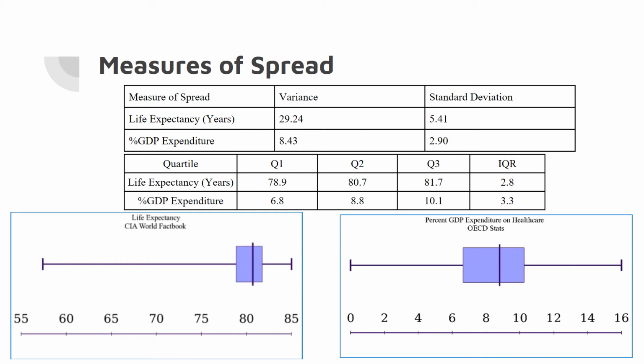less spread. In other words, most countries in the sample have a life expectancy between 76 and 83, while the rest are spread out over the interval 55 through 92. Also, it appears that in terms of spending, countries can be classified into different groups depending on their spending. That's what you saw in the histogram before. And most of the countries fall into the 5.5 to 9.9 interval, as I pointed out earlier.